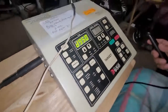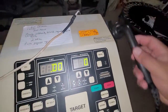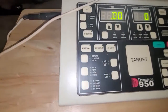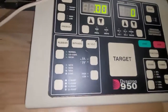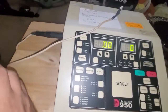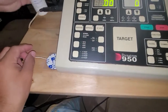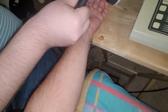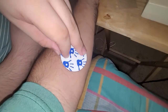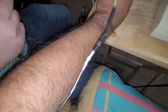and here is the ultrasound head. And so the ultrasound lotion will go onto the arm. Well, here goes the electrode first. Put the application right here on the forearm. So the electrode will go onto the forearm, because the treatment will be performed on the dorsum